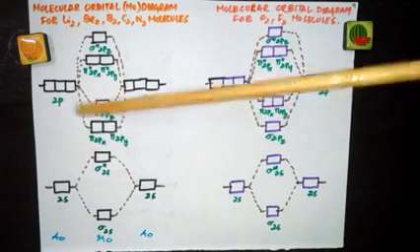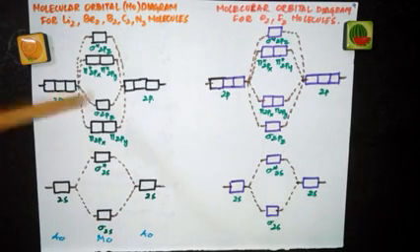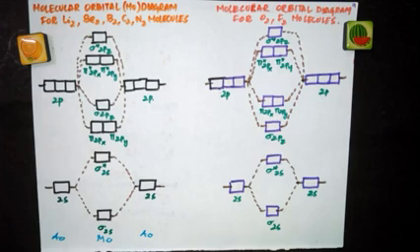So this is changed. For nitrogen, you'll draw this, and for the oxygen molecule, we will draw this orbital diagram. Now, while filling the electrons in these molecular orbitals, I told you already, rules should be followed. Just like how we follow certain rules to fill atomic orbitals, for filling molecular orbitals also, certain rules should be followed. First one is Aufbau principle.